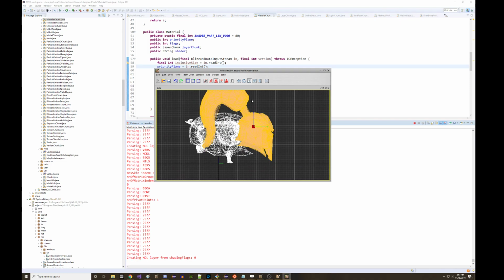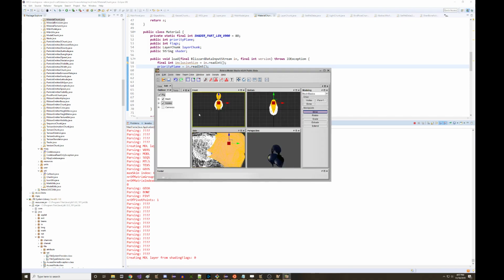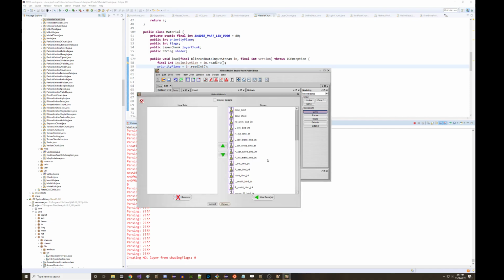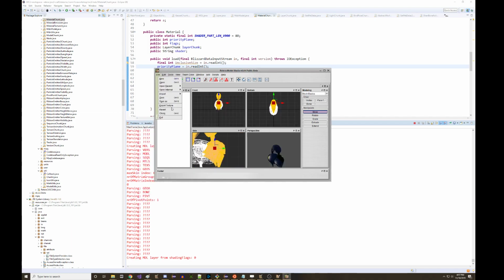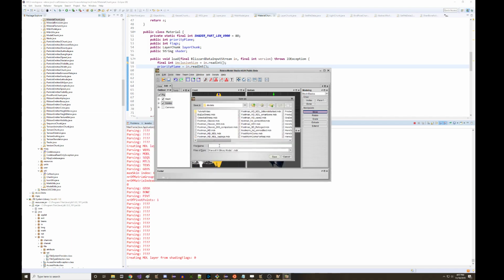So I'm using hotkeys. We have W, E, R, so R is scale, E is rotate, you could rotate a little bit, and W is translate. So basically I translate that into position so that now we have the footman head on the front of the pig. And the last key here is we need to link its location, or its animation data, excuse me. So we do this reassign matrix, and you just find where you have bone head, and this is the head of the pig. And then you should be able to save this as footman head pig